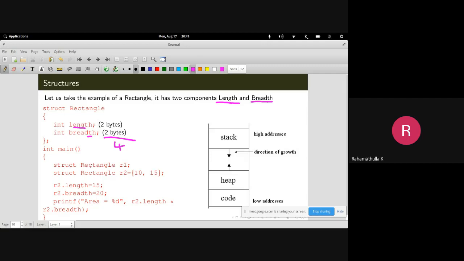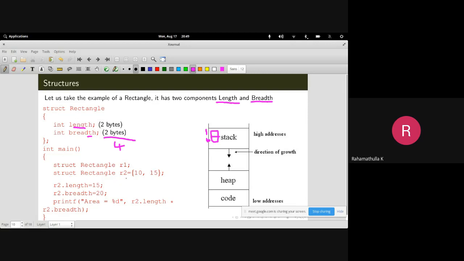Once you do a declaration in your main function, something like struct rectangle R1, then it is going to create a place in the stack memory with 2 bytes for the first one, length, and the second one for your breadth. So in that place, it is going to consume 4 bytes of memory.